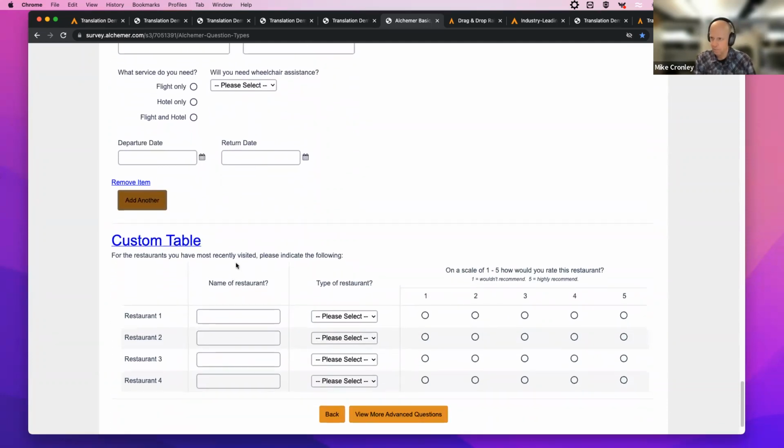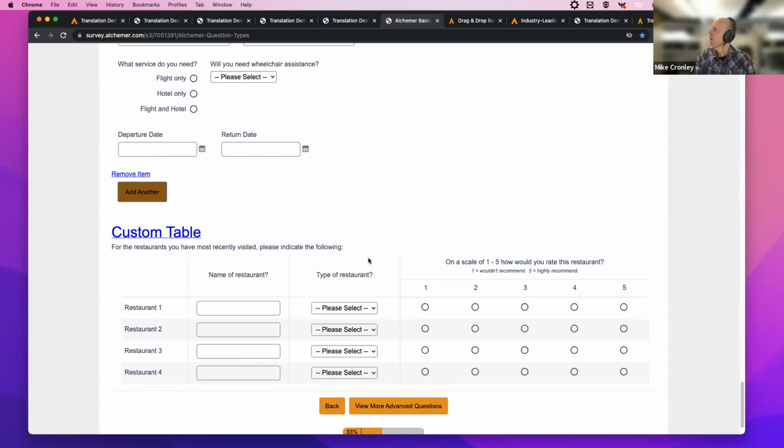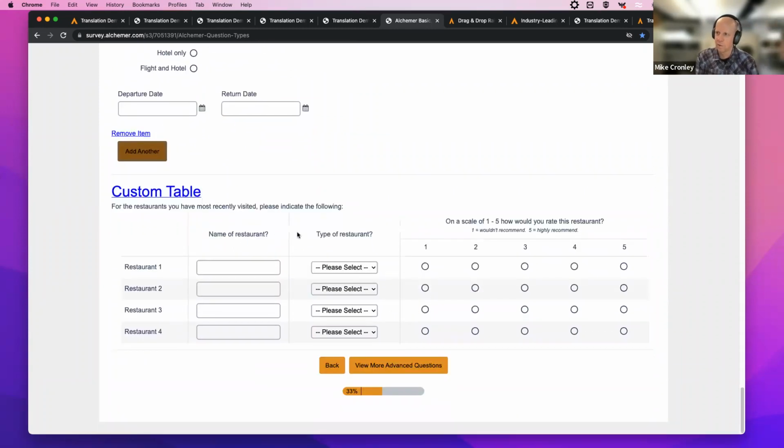Another one is a custom table. I think this is good when there's something associated like a data point, like a number. It's like a custom group, but it's in this grid format. The types of questions you can pick in the columns to be displayed don't have as much variety; it's a little more restricted.